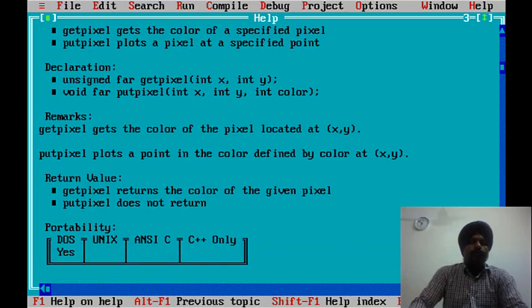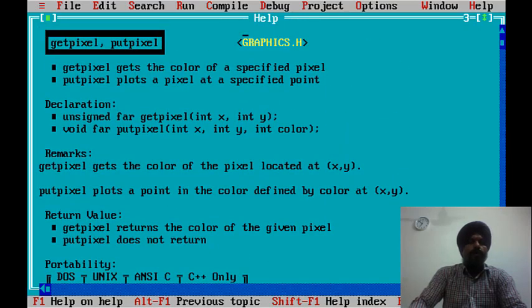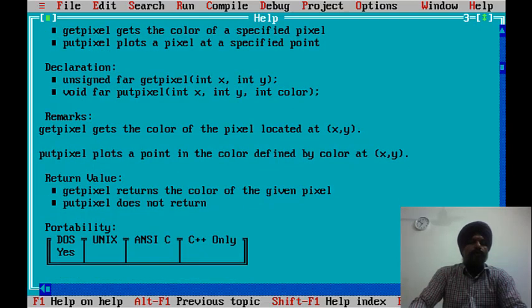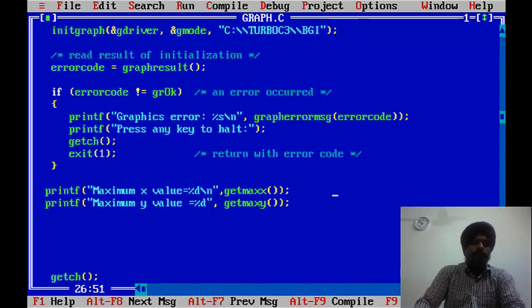If we want to change the color, we can use the color value in putpixel as well. So it will draw the image with that color. Now let's see an example of how we can use putpixel.